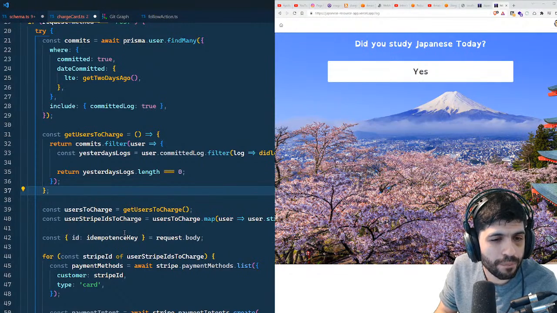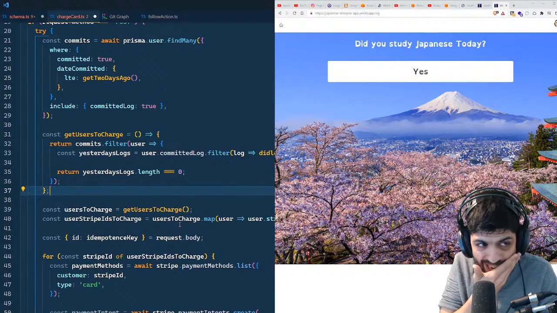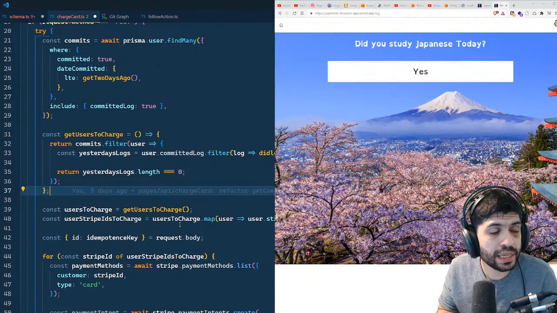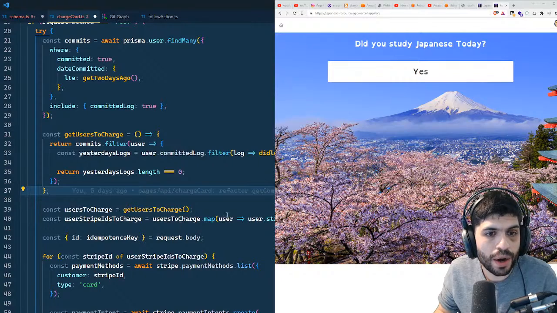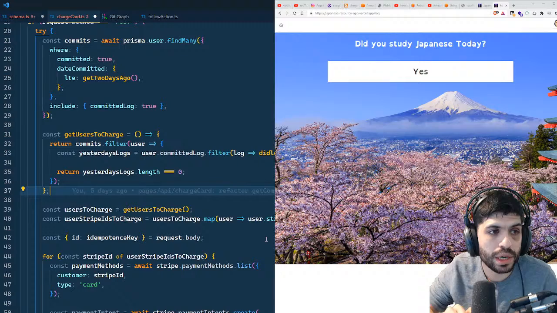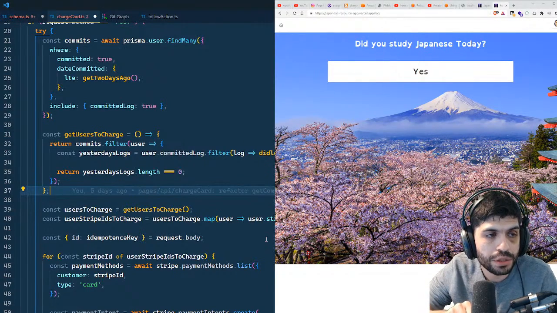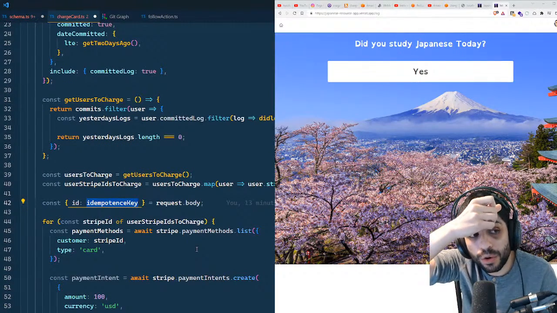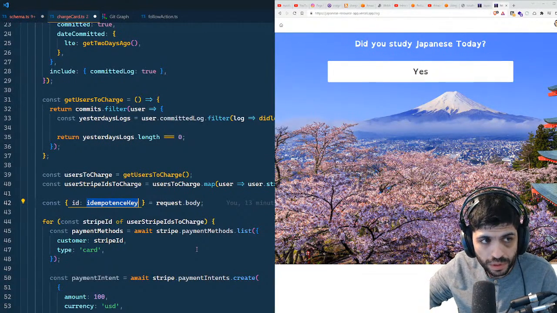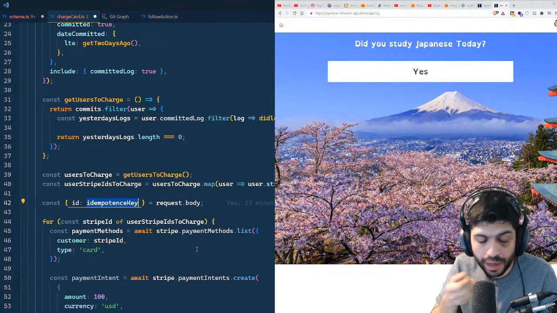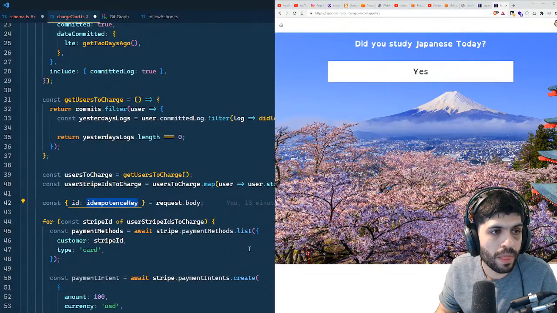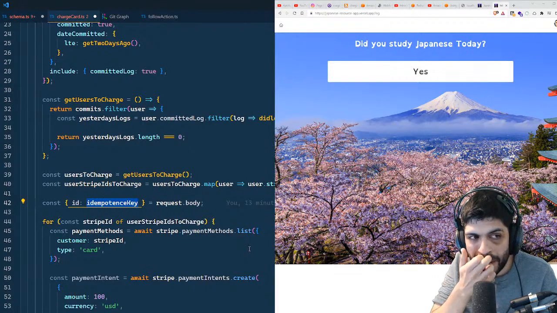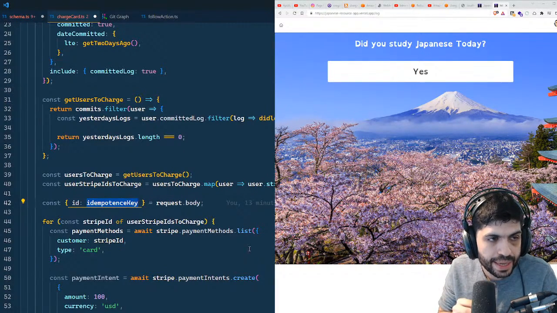So I'm creating something called an idempotency key. It's basically if you get the same request, it should only do one action. So no matter how many times, for example, if you do a get request, it's always going to give you the same thing. But if you do a post request, or some kind of request that changes things,